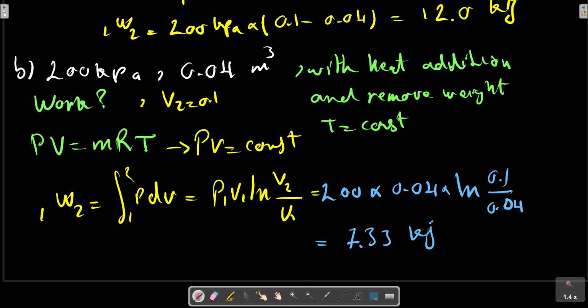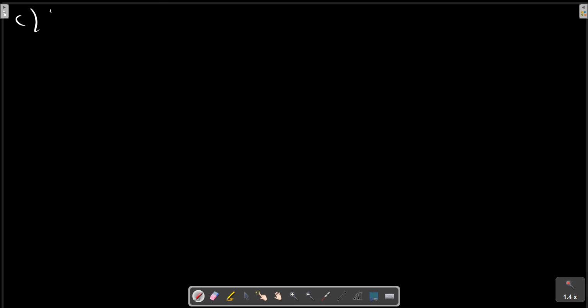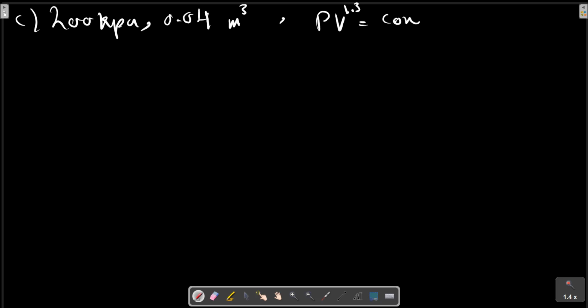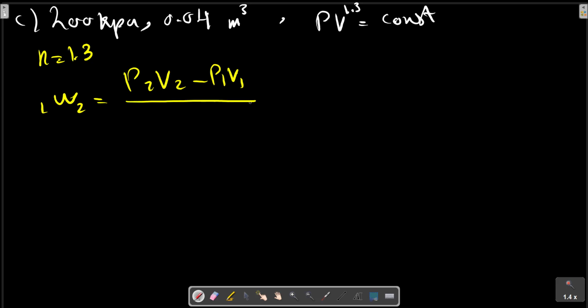Part C. Consider the same system and state, but during heat transfer remove weight at such a rate that we have a polytropic process, PV to the n equals constant. Calculate the work. In this case n equals 1.3, and W is P2 V2 minus P1 V1 over